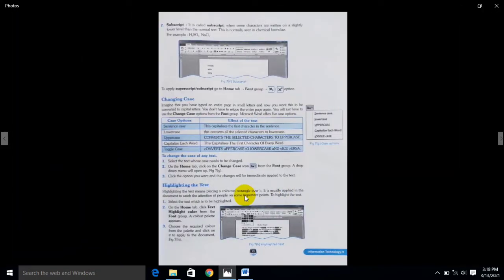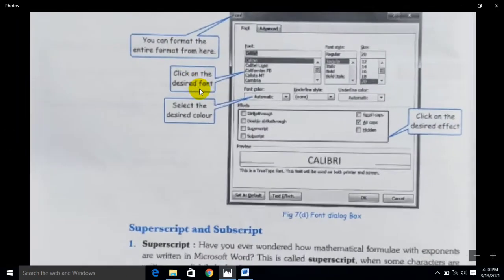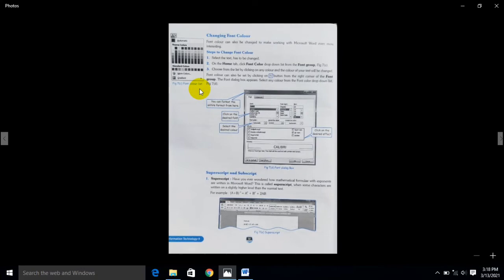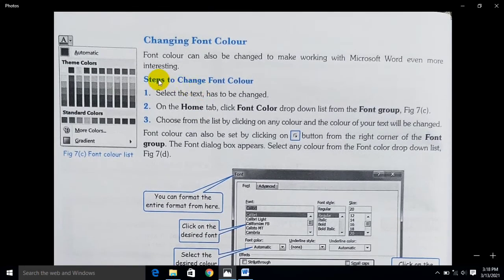Here on page number 58, this particular option is the right answer to changing the font color. You have to write down from the changing the font color, up to the last word, as the answer to this question.